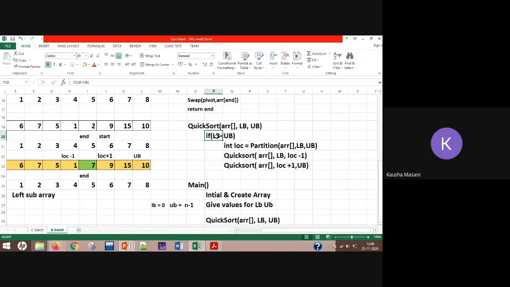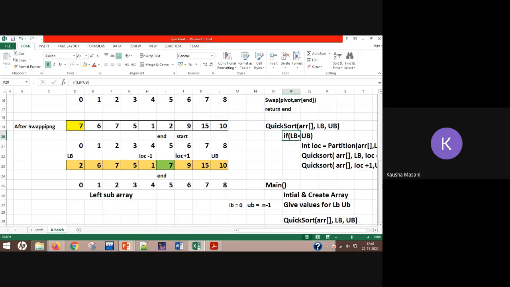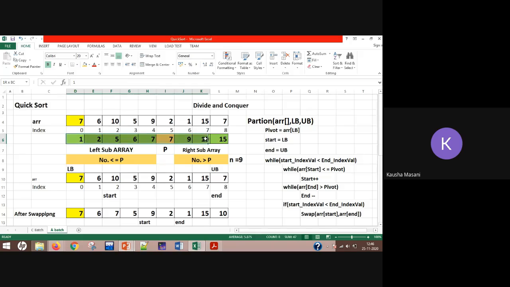क्योंकि एक पॉइंट ऐसा आएगा जब आपका कोई लोअर बाउंड या अपर बाउंड होगा ही नहीं. ठीक है, देन, और वो कंडीशन कब आएगी? When you have reached this resultant array. ओके, तब ये फंक्शन नहीं चलेगा, अदरवाइज ये फंक्शन चलता रहेगा. ठीक है, एक बार आपको ये रिजल्ट मिल गया तो ये फंक्शन नहीं चलेगा. ठीक है,